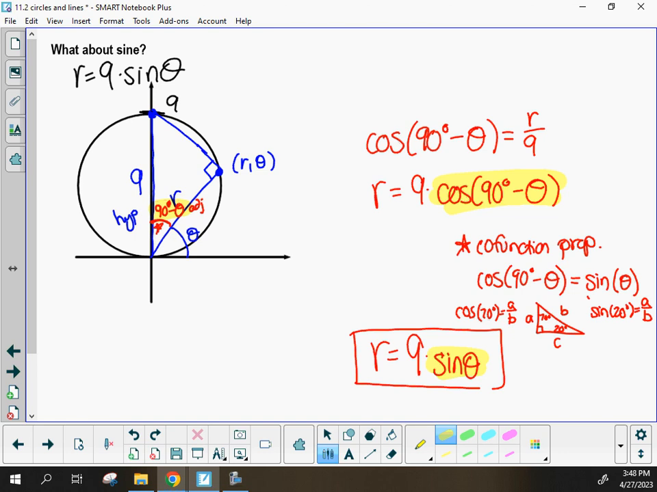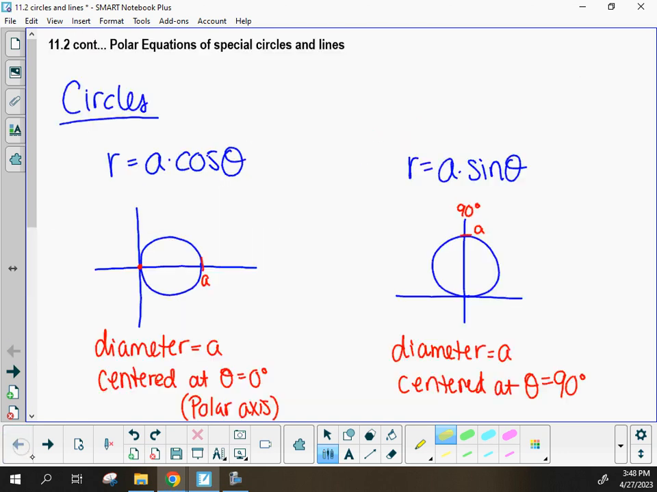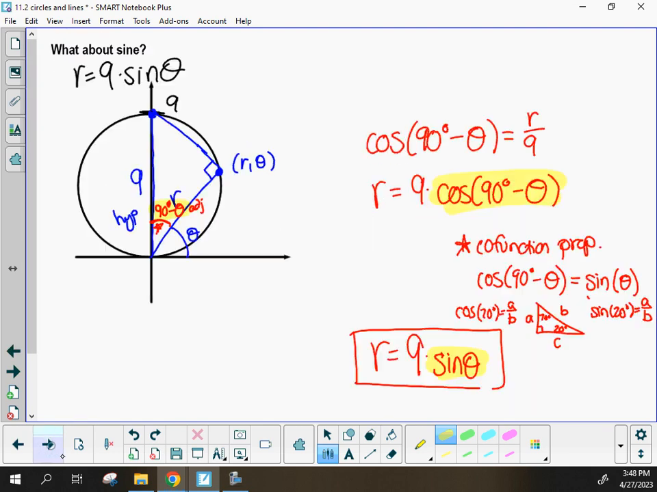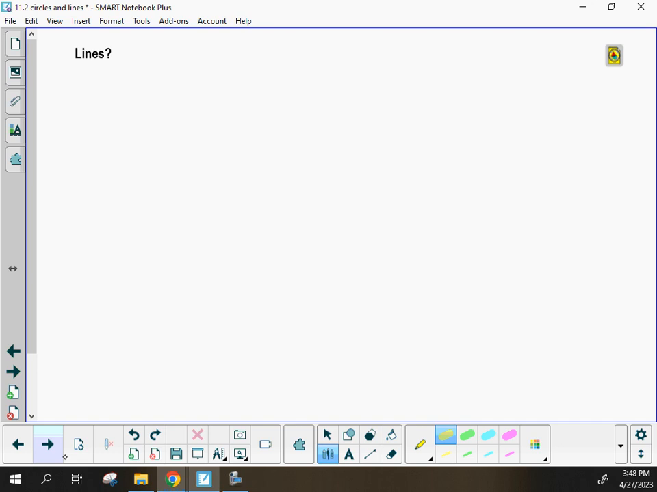Okay, let's think about lines. And again, there is also kind of a memorization piece to this. That's probably your best bet to start. Try to remember, okay, my equation, what's that going to give me? A circle? Where is it going to be located? We're trying to figure out why they look like that. Okay, so with lines,